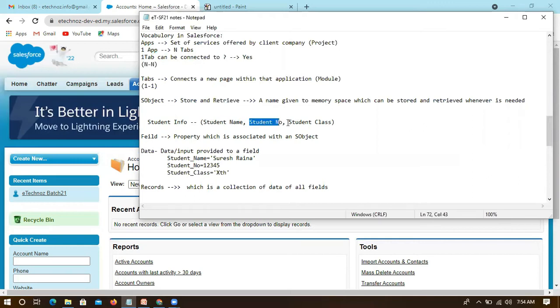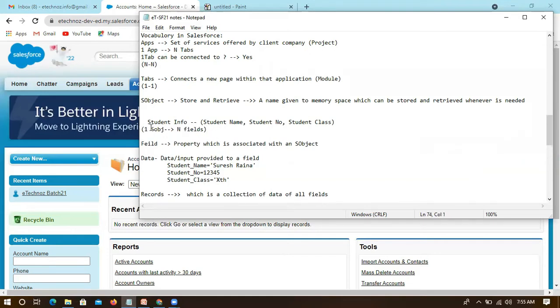This is one property, this is one property, this is one property. Likewise, we can have n properties. That means in a single S object, we can have multiple fields. So one S object can hold n fields, and the number of fields is as per the business.